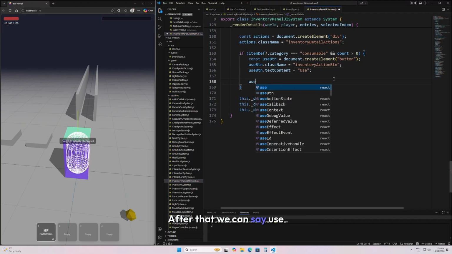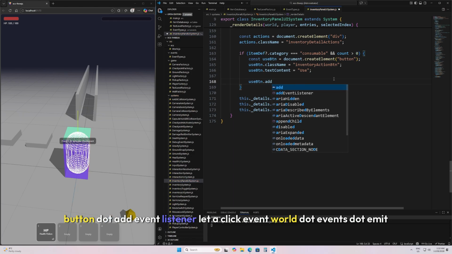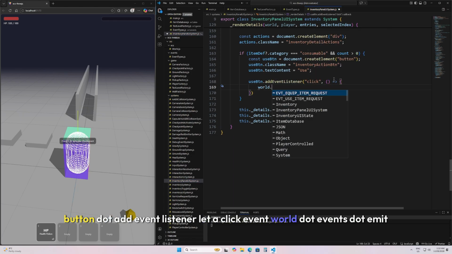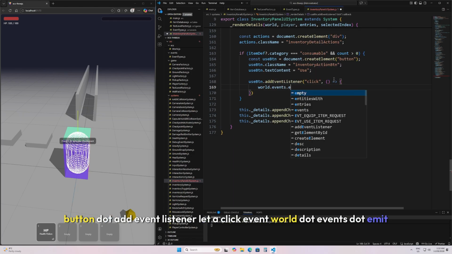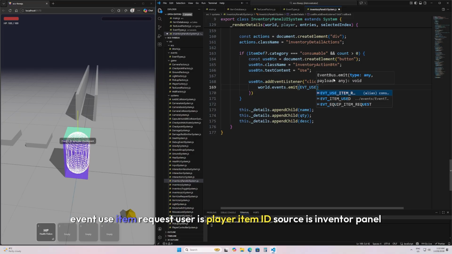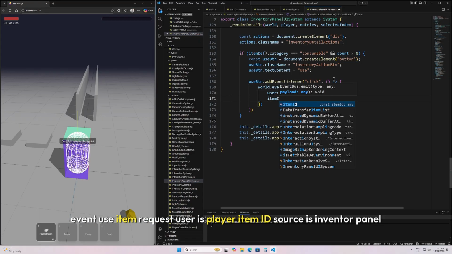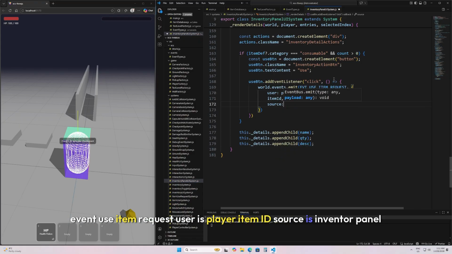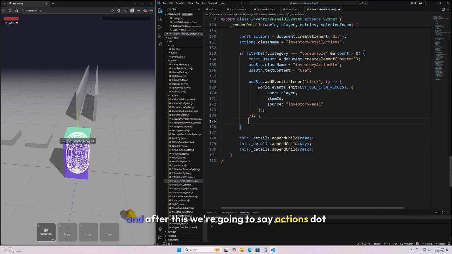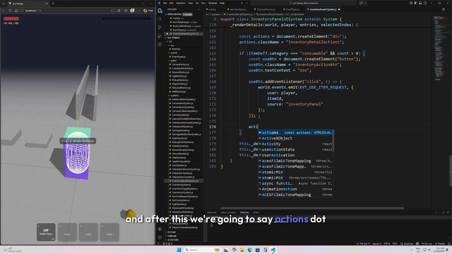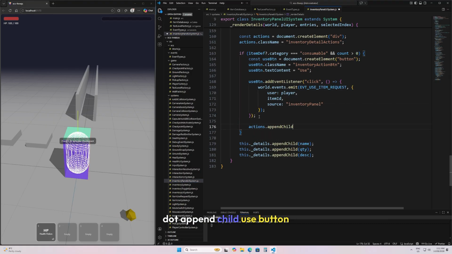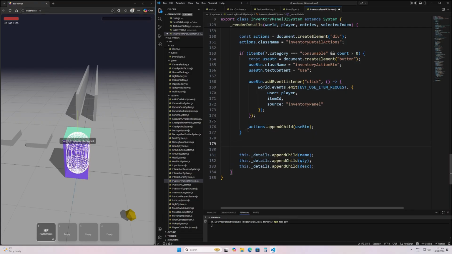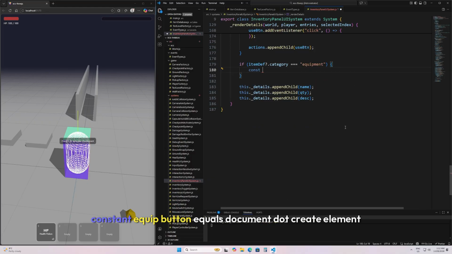After that, we can say useButton.addEventListener. We'll add a click event. world.events.emit EVENT_USE_ITEM_REQUEST. User is player. Item ID, source is inventory panel. And after this, we're gonna say actions.appendChild useButton. And after this if statement, we're gonna say if itemDefinition.category is equipment, const